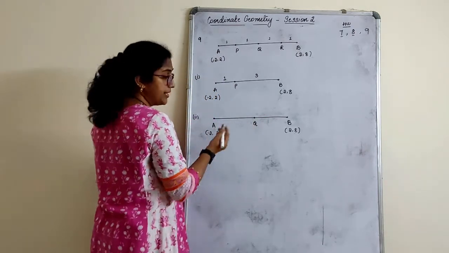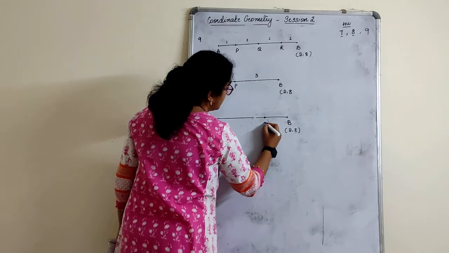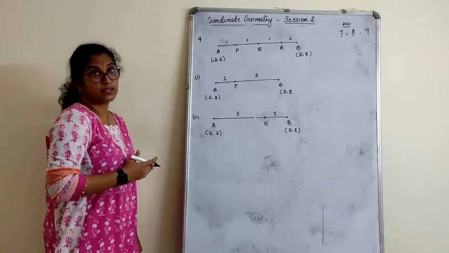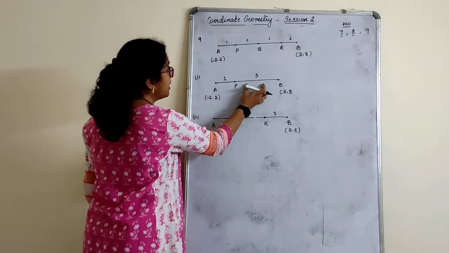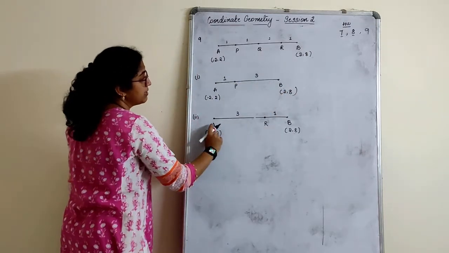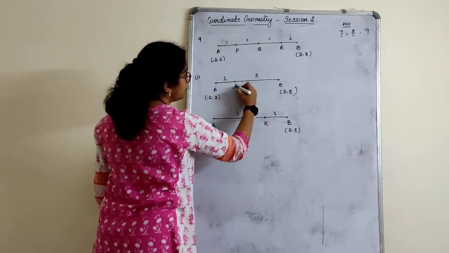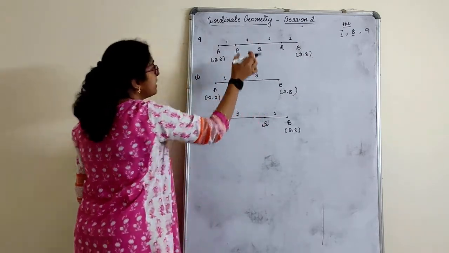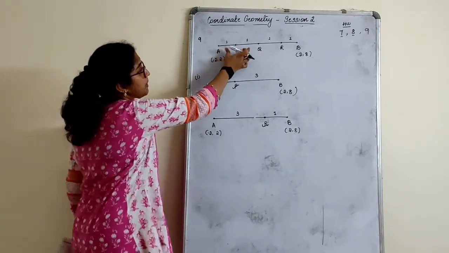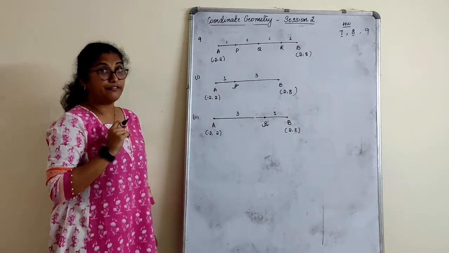P is the midpoint. You can either do it like that, children, or the best thing you can do here is directly take the R part. R is 1:3. Can you do that? Yes. Now see, this is one part, this is 3 parts. 1, 2, 3. I found this as 3. Second half, now what I will do is take A, B and the R point here. 1, 2, 3 segments I'll finish. So P is over, R is over. Now only Q is left. So for Q, you can apply the midpoint formula and find it by the midpoint formula.